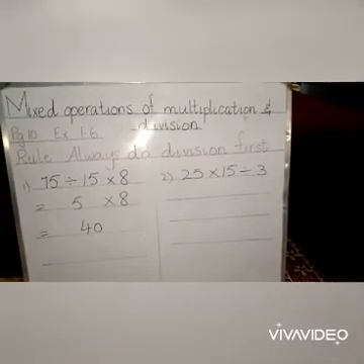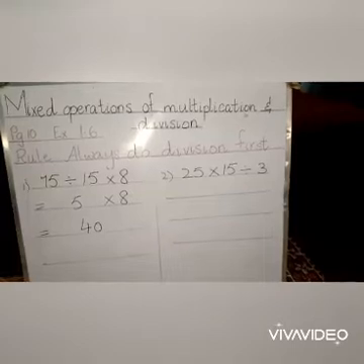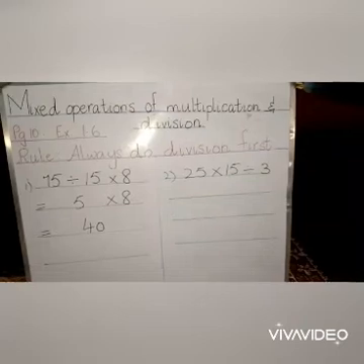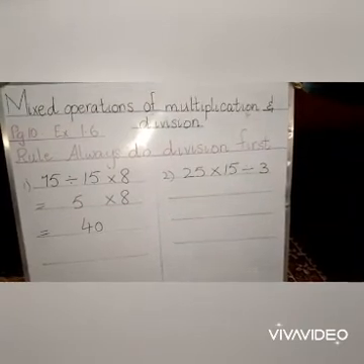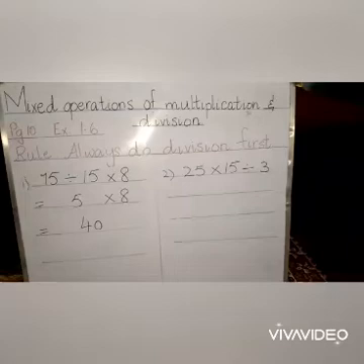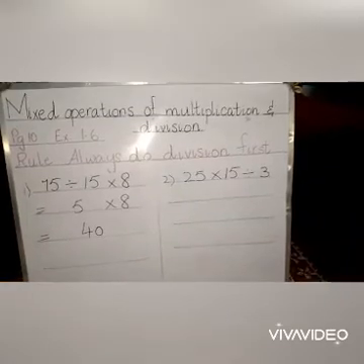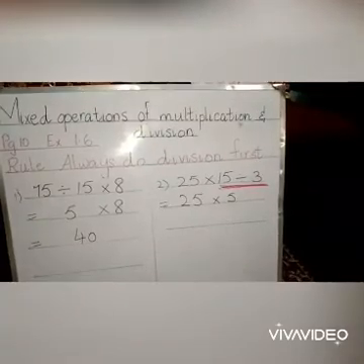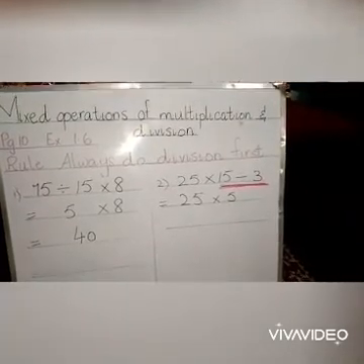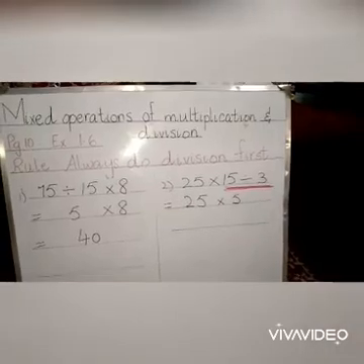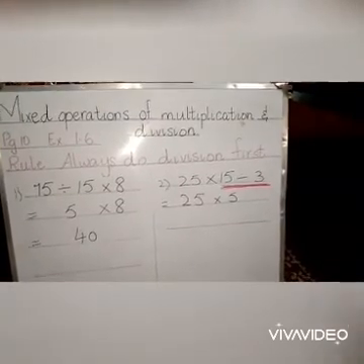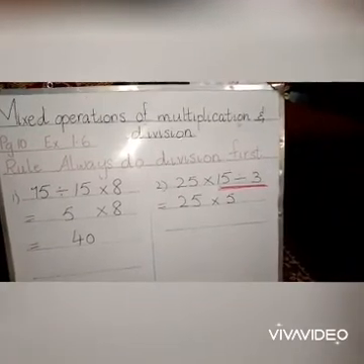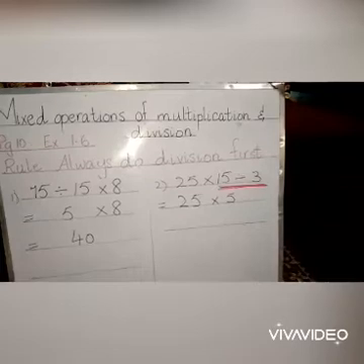So we will be solving the second part of the sum first and then we will come back to the first part. So the second part of the sum says 15 divided by 3. So we will solve that first and then we will come back to our multiplication. As you can see, I have highlighted the second part of the sum which has to be done first. So here we are not rearranging like we did for addition and subtraction. So if division is given in the second place, we can solve it there and then we can multiply.